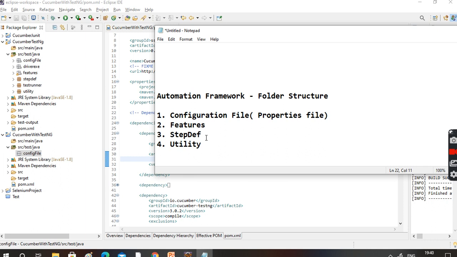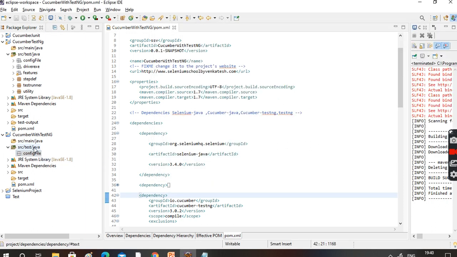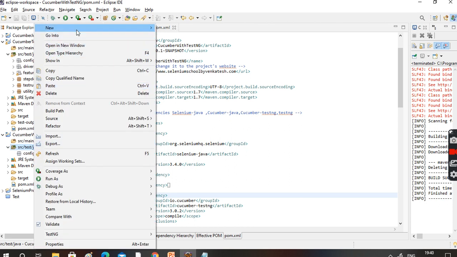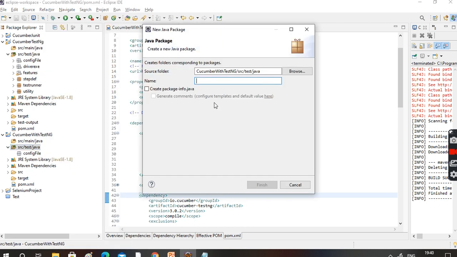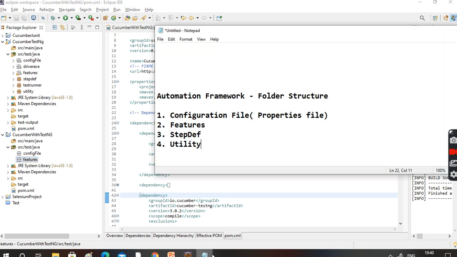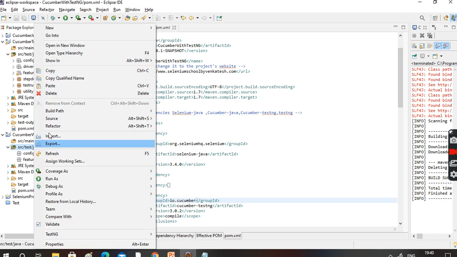What about the next one? It's features. Similarly, right click, new package, the name is features, and finish. What about the next one? Step definition, step def.